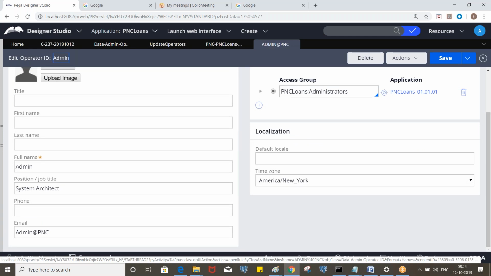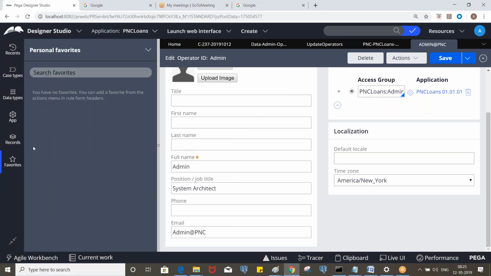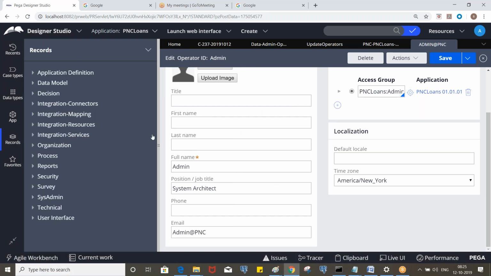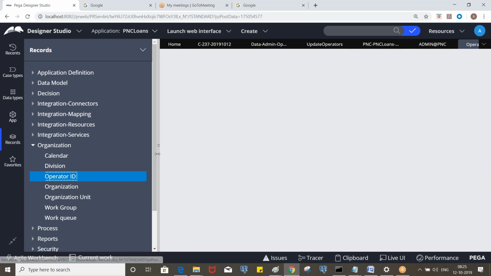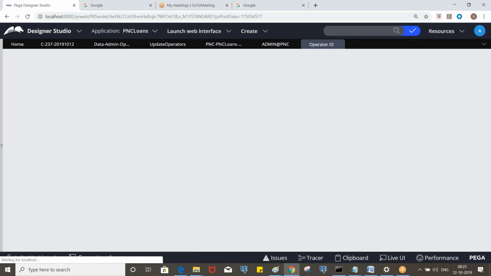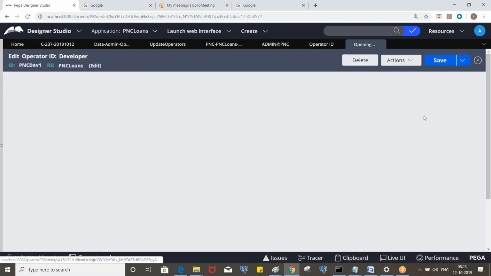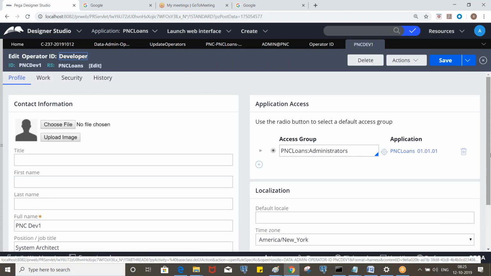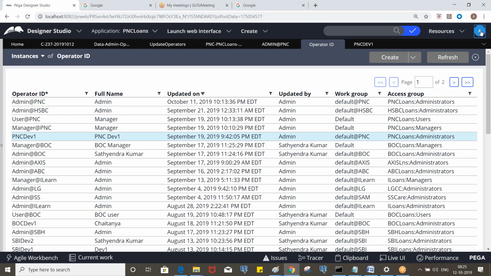Now if we go to PNC dev one, you should be able to see the system architect as a position for that operator also. Clear?